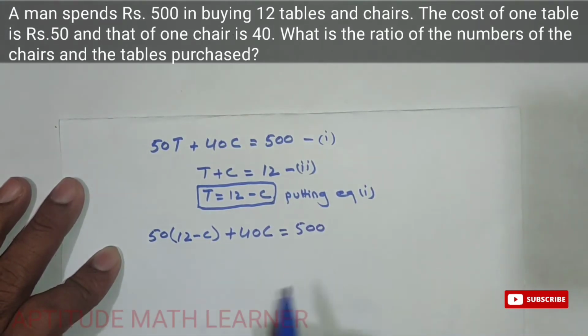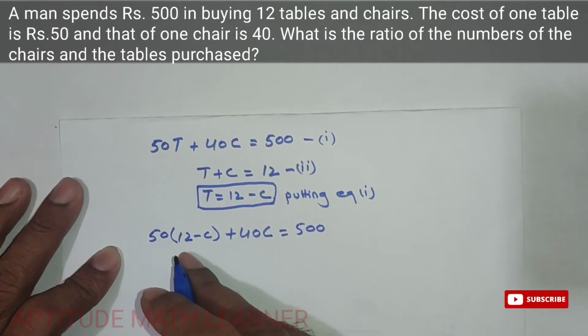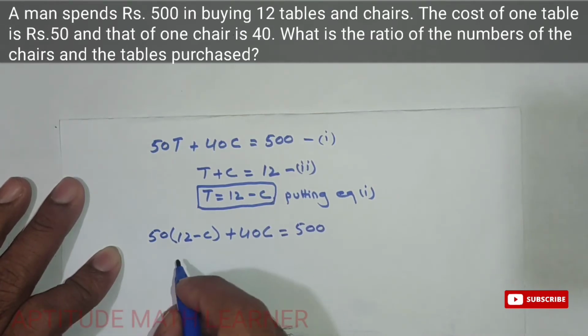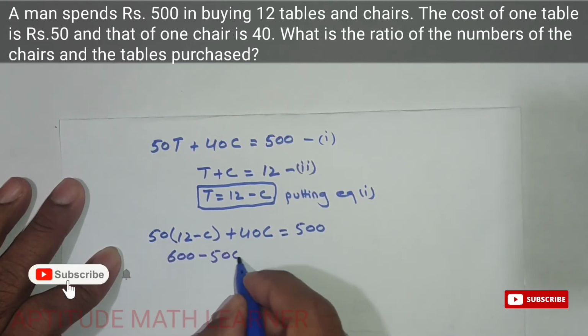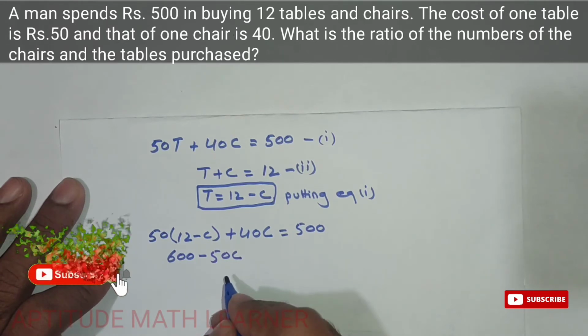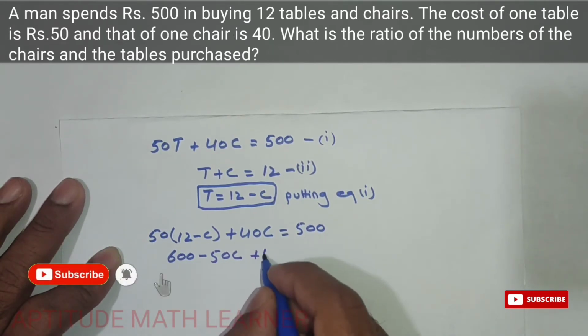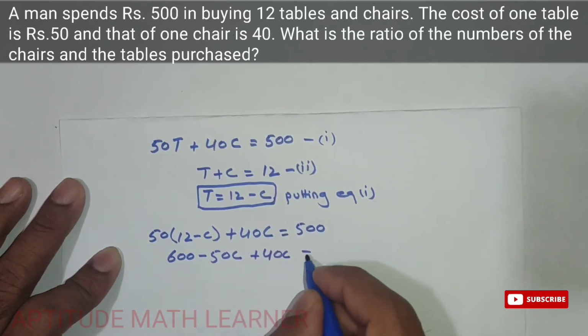Now to solve, 50 multiplied by 12 gives 600, minus 50C, where C is for chair, plus 40C,